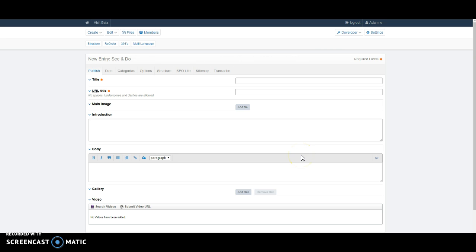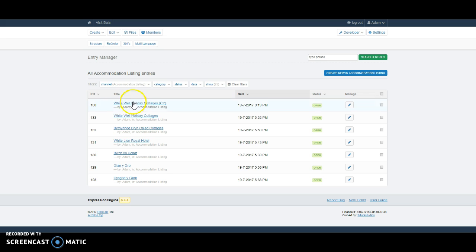If you wanted to create a new entry, there are some entries already in the site. Some of them are maybe going to stay on the site, others are just for testing purposes. But if we wanted to edit an existing entry, then all we've got to do is go along to the right side of create there and just click on edit. So if we were to click on edit accommodation listing, then